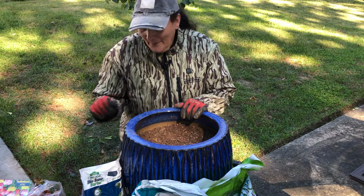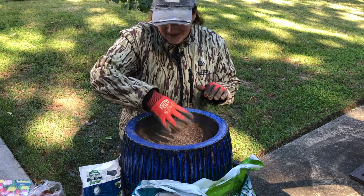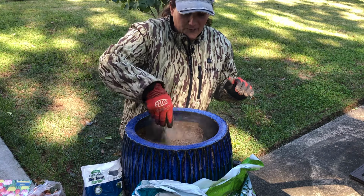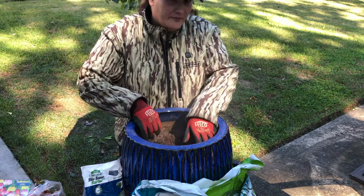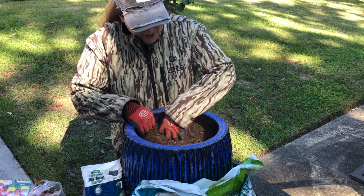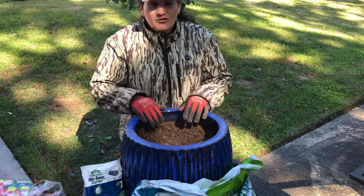So I'm going to start by adding some starter fertilizer to the soil, just a couple handfuls. If you have Bulb-tone, use Bulb-tone. I'm out of Bulb-tone, so I'm just using Bio-tone. I'm just going to scratch it all in, level it all up,